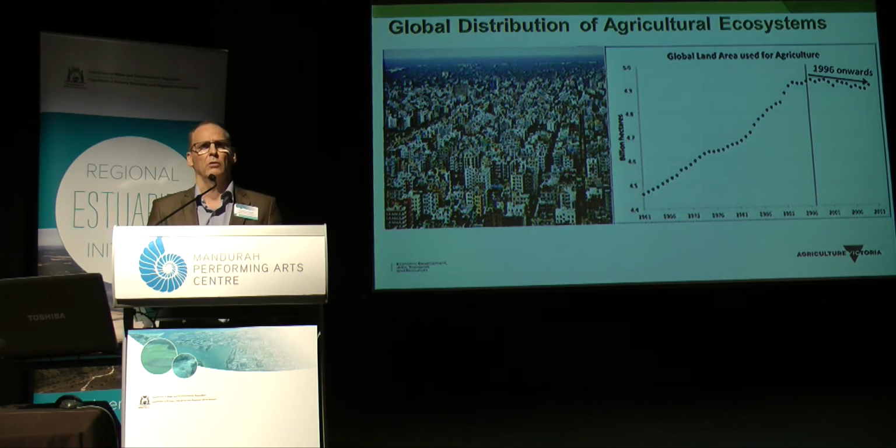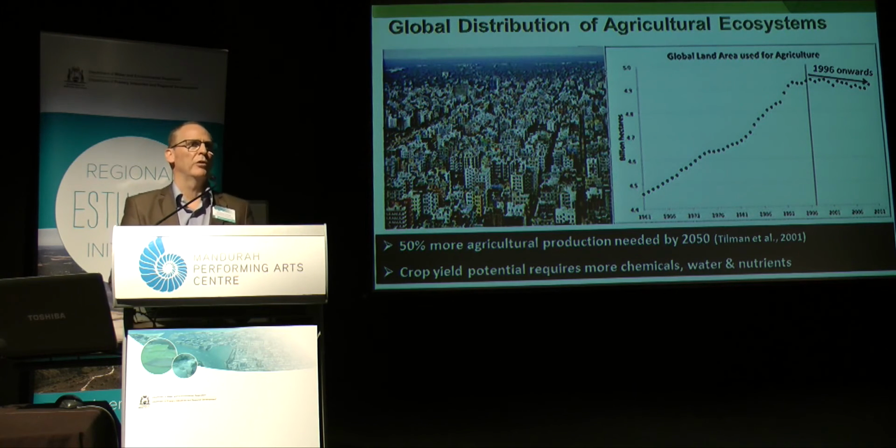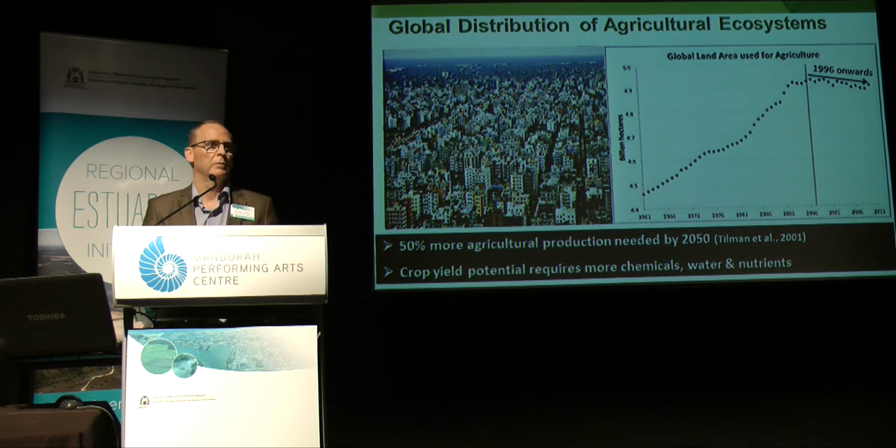But since about the mid-1990s, we've seen a trend towards declining availability of land. The drivers of that, of course, are desertification and increasing urbanisation, amongst other factors. The estimates are that we're going to need something in the order of 50% more food by the year 2050 to feed a population of about 10 billion or so. And so clearly nutrients, which are a key part of driving extra agricultural production, are going to be an integral part of that.